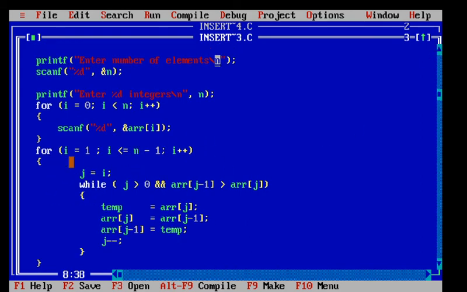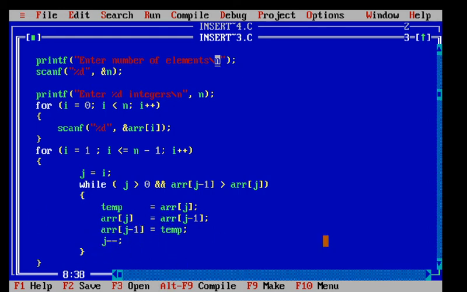Now here see that this is the main logic. Here is a for loop, for i equal to 1, i is less than n minus 1, and i plus plus. Here the value of i is assigned to j. Now while j is greater than 0 and ARR of j minus 1 is greater than ARR of j, here ARR of j is assigned to temp, ARR of j minus 1 is assigned to ARR of j, and temp is assigned to ARR of j minus 1, and we decrement j by 1.